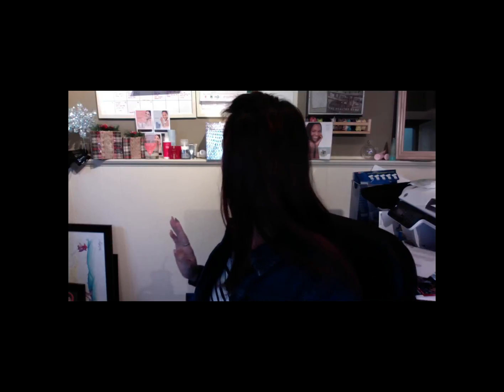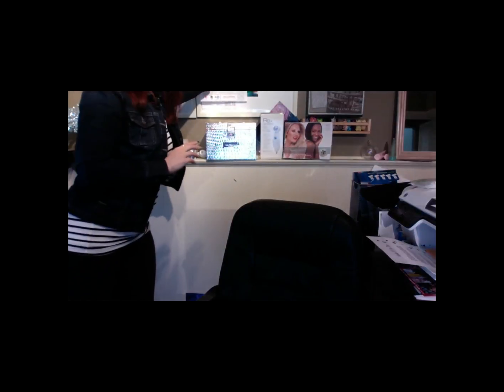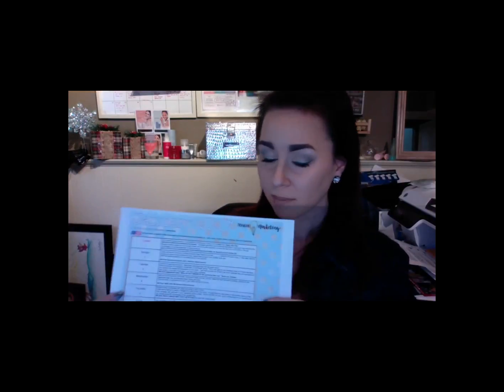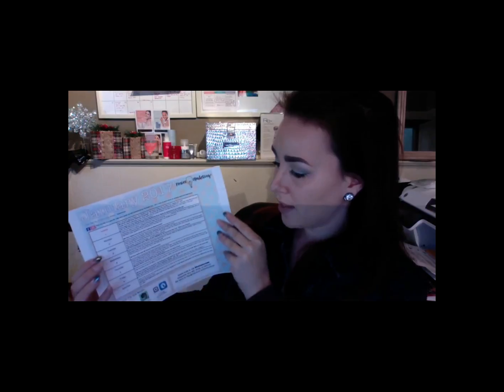If you do not already have, let me grab it here for a second. Up here, see, I have mine printed out. This is my Finesse marketing calendar to show me what I need to post every day. So this is in the group. If you haven't found it, you can go to the group search and search calendar, and it will pop right up. And it's from January 1st through the 7th. And we will be posting these weekly, just so that you're not overwhelmed and that you're on pace with what you should be posting every day.